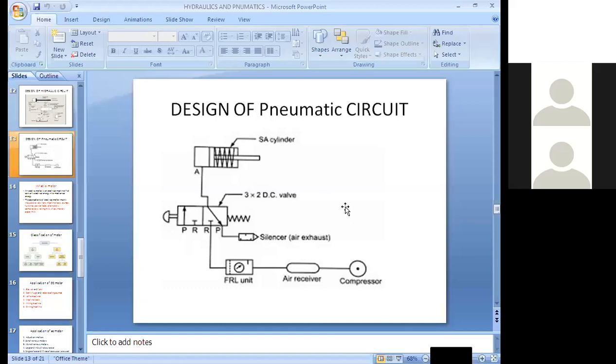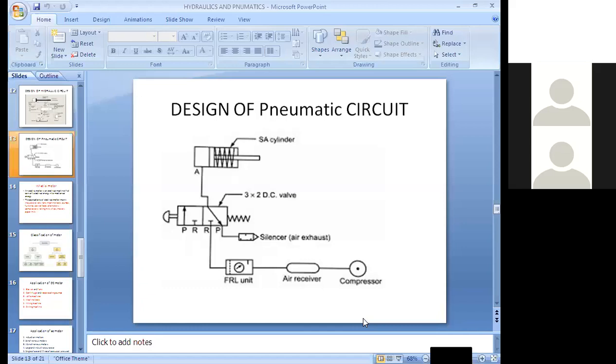All the same, sir, but only their circuits are used, no? Pneumatics, because we are going to use the air from the compressor, high pressure air is coming. For that purpose, we are going to use the FRL units extra. In hydraulics, we are going to use the reservoir because we need to store the fluid. After collecting and producing the power, we use two reservoirs, one for collecting and one for the inlet from the pump, so we should know that fluid is going to be used from the reservoir.